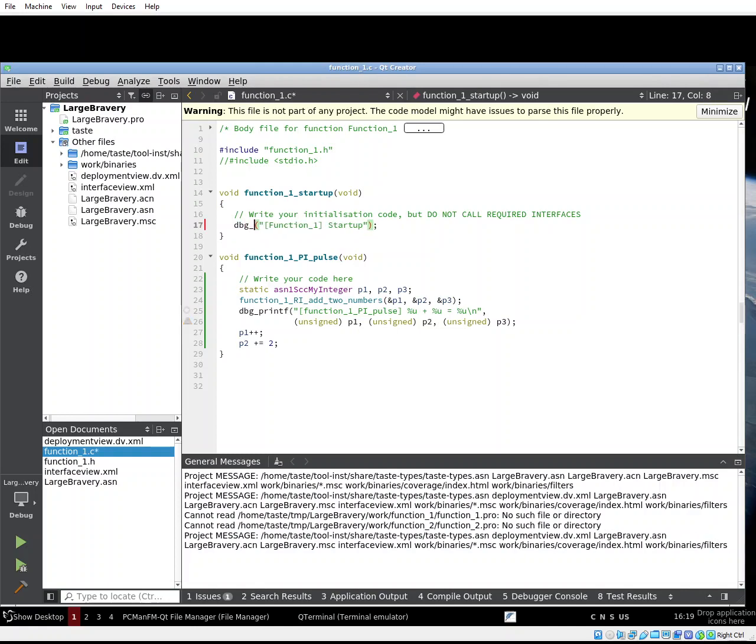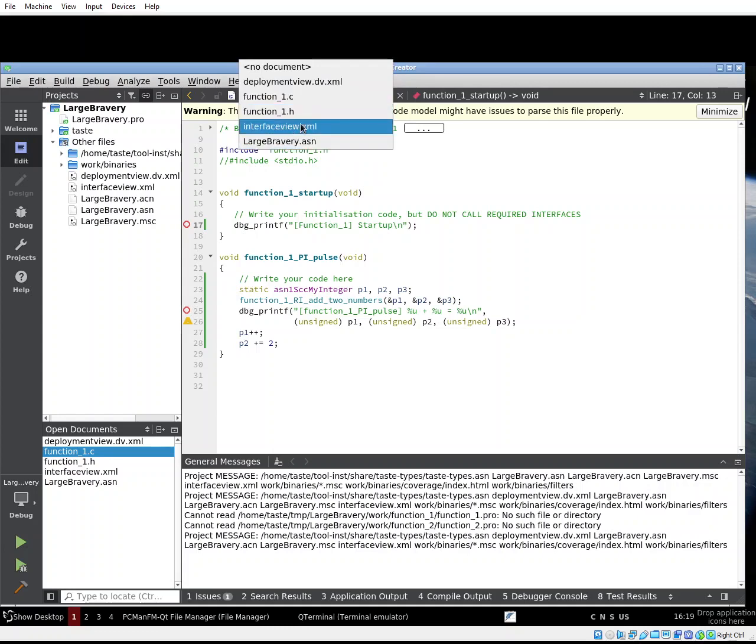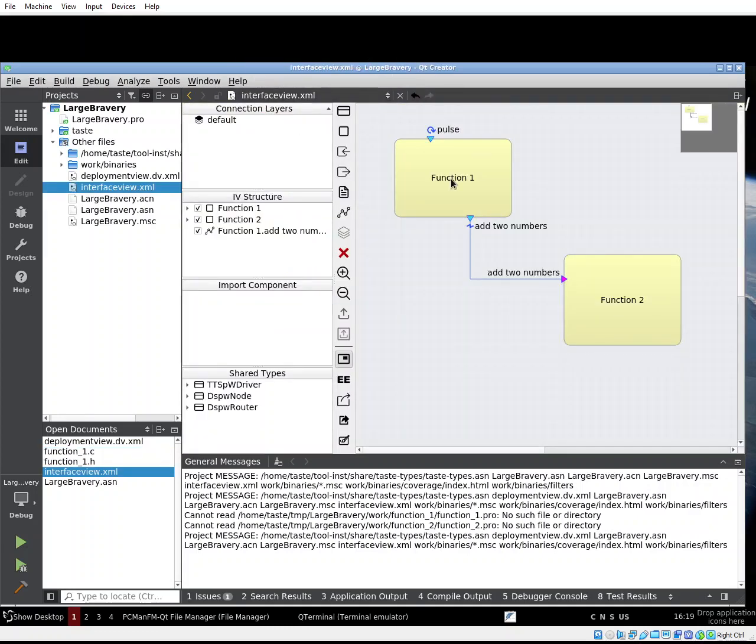So debug printf to see that we actually do have indeed a startup call when the system begins, where I can do global initializations for my functional blocks, whatever initialization logic I need. In our case, we don't need much. And that concludes basically the implementation of the function 1 functional block. So going back to our interface view, we provided implementation for my pulse interface. Let's do the same now